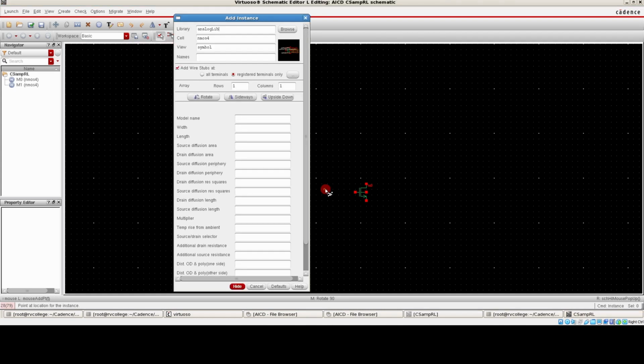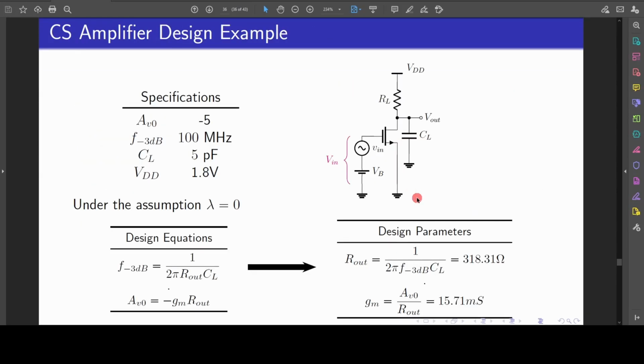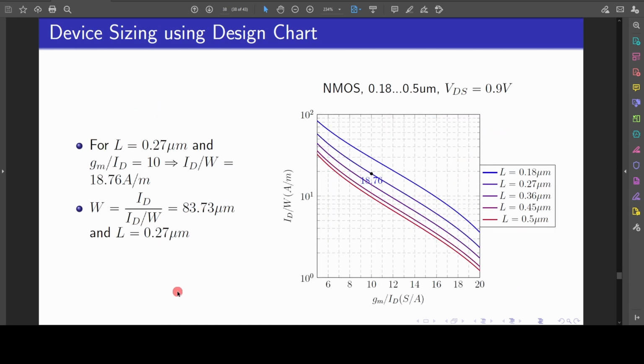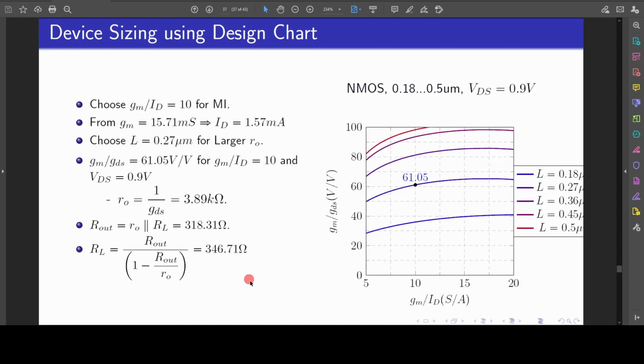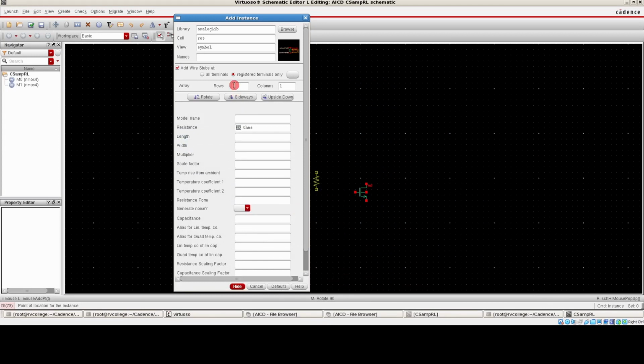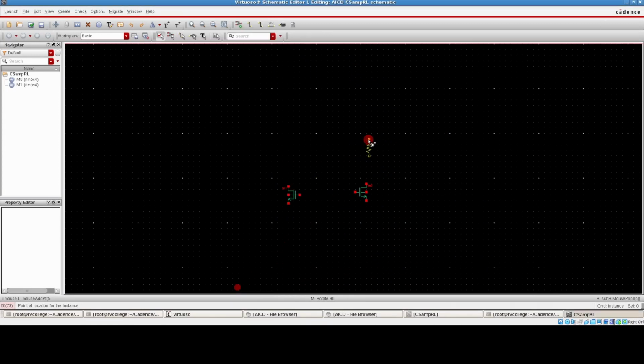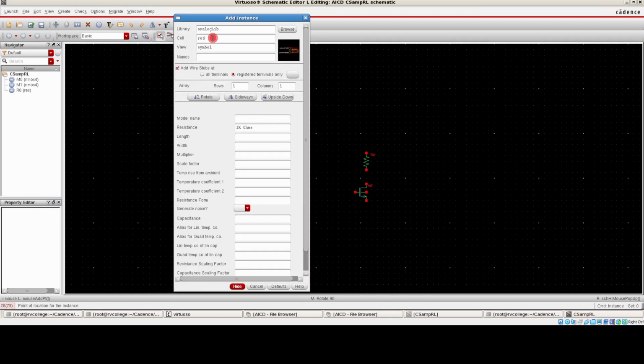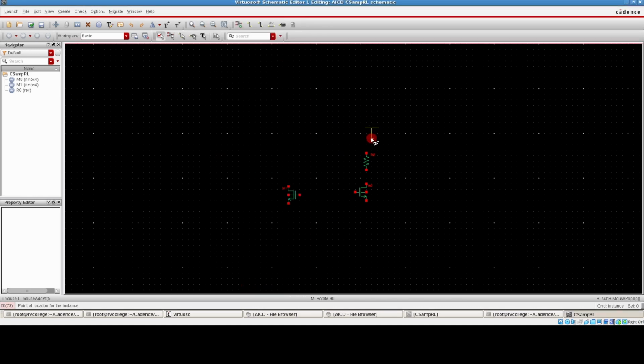Having got this, the next thing is we also need a resistor, ground, and IDCs as well. I will go to the analog lib and pick the resistive component, and the resistance value is around 300. What was our resistance value? Yeah, it is 346.7 ohms. We'll use this, click on hide and put it over here. The next thing is we need the other components like VDD. Pick it, put it here, and put one more here.